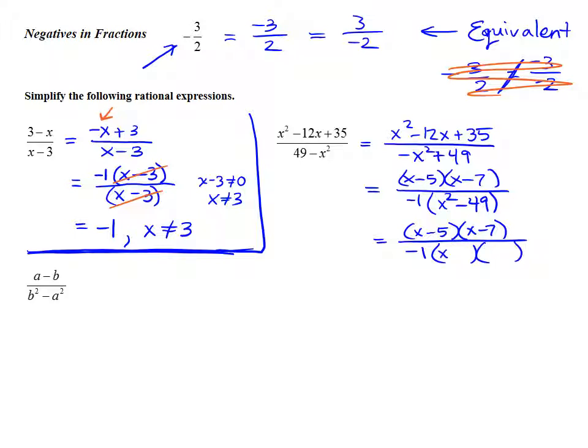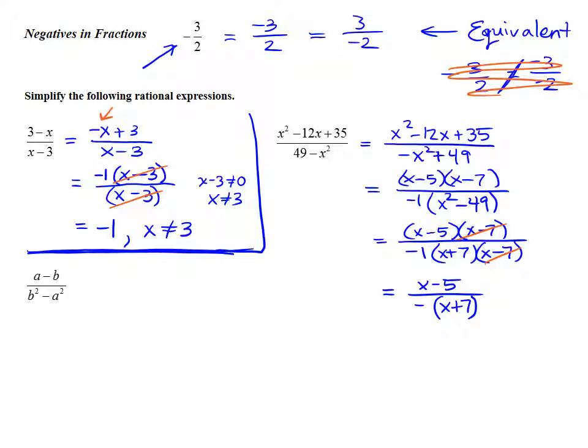X squared minus 49 splits up the x's, and the 49 splits into 7's, one of each sign. Now that it's factored, we can cancel the common factor of x minus 7. And we're left with this answer of x minus 5 in the numerator over negative 1 times x plus 7. Now, negative 1 is the same thing as writing just negative